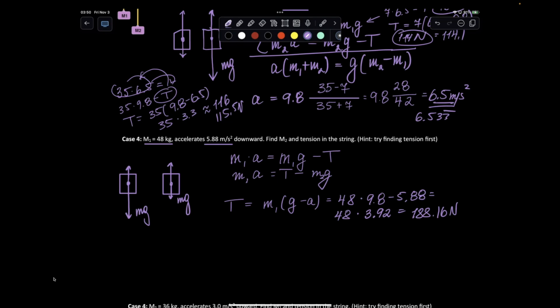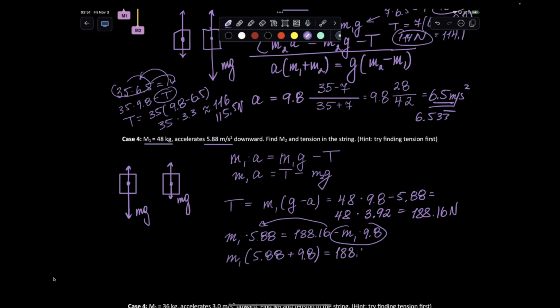And then I'm going to put in the second equation. M times 588 equals 188.16 minus M1 times 9.8. Grab this over here with a plus, and that will be M1 is 188.16, from where mass equals